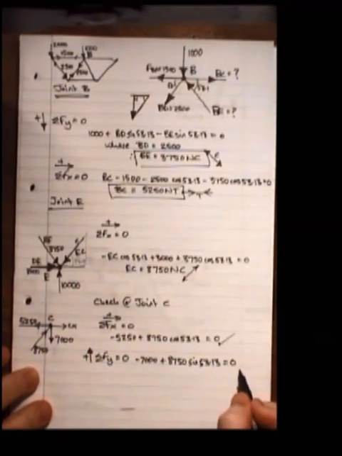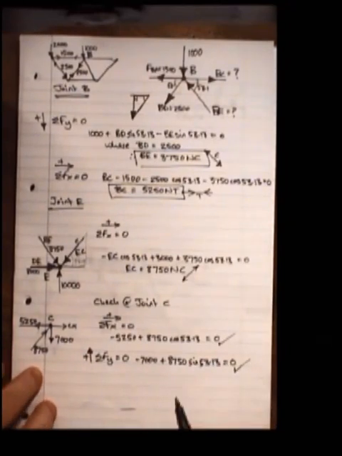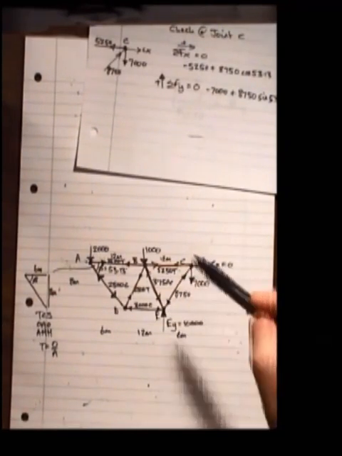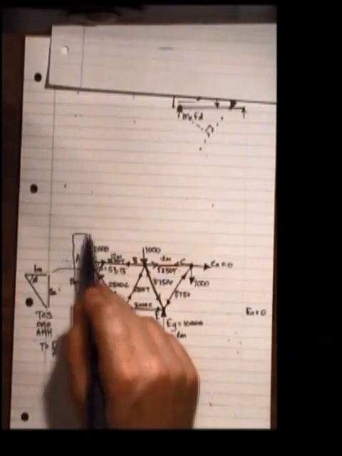All of that equals 0, and you'll find it's close enough, therefore OK. So the last thing that you'd be doing is drawing out the forces that you have in your members. And the next step would be to design those members to cater